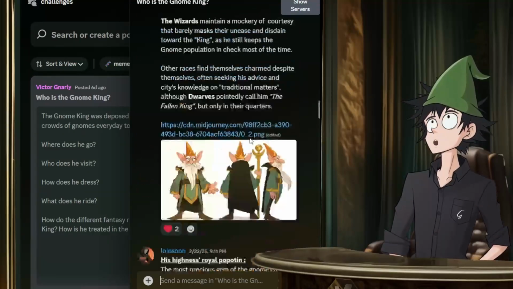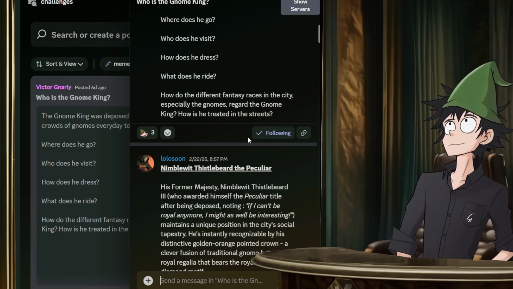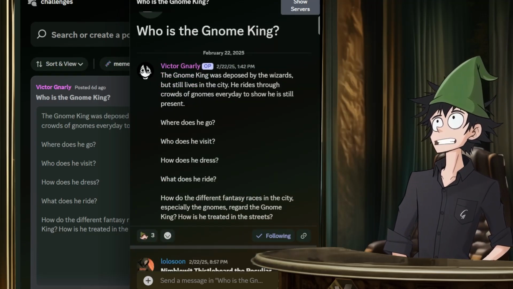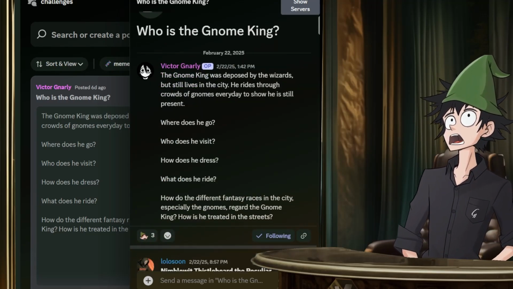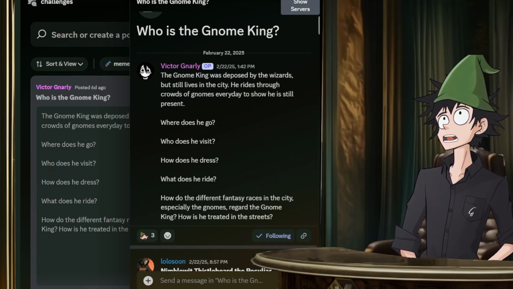This prompt was provided by Fran from the Tiff and Eve comic series. And essentially the prompt is, the Gnome King was deposed by the wizards, but still lives in the city. He rides through the crowds of gnomes every day to show he is still present. Where does he